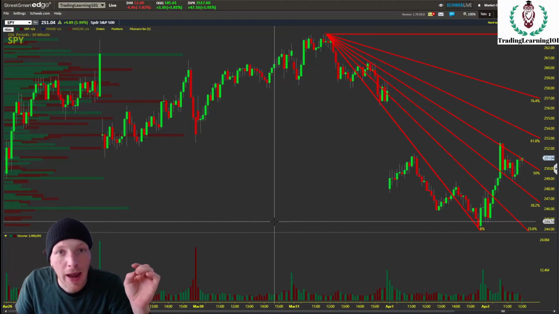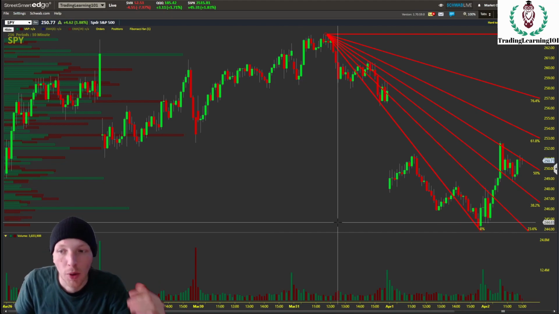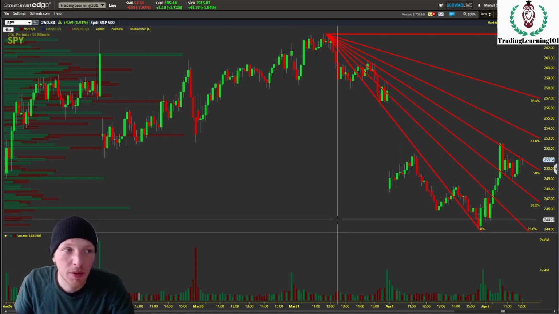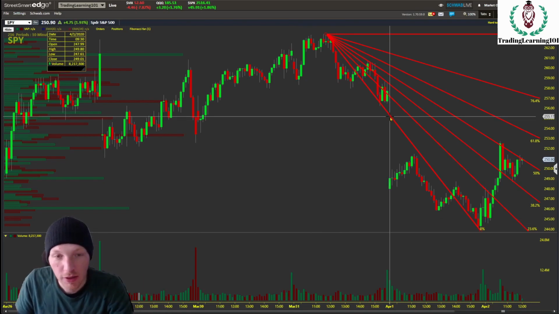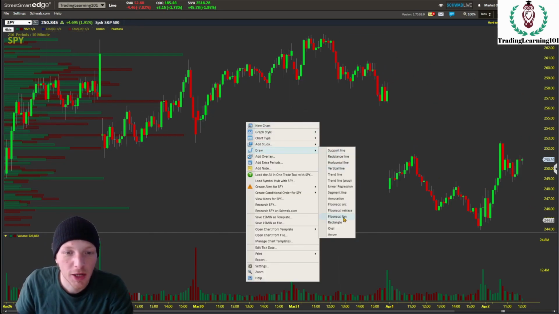We are looking at the ETF SPY on the 10-minute time frame. Just to point out real quickly, when doing technical analysis, the bigger the time frame and the stars align, the bigger the move could potentially be. So I have one example of the Fibonacci fan drawn out here on the SPY. I'll delete this so I can draw it again, but we're going to get our Fibonacci tool out, Fibonacci fan,